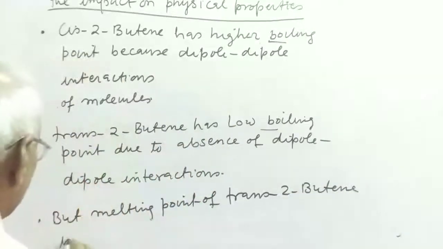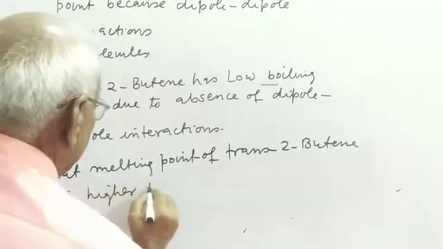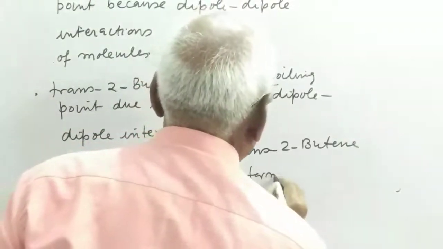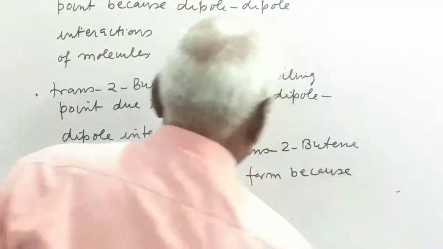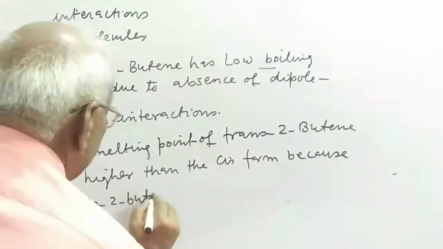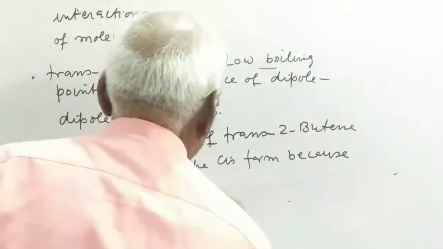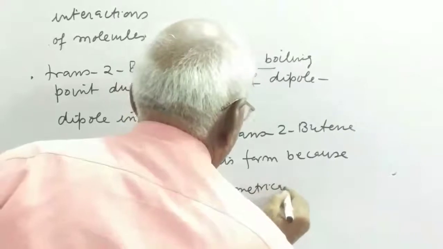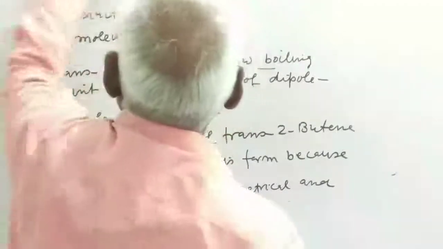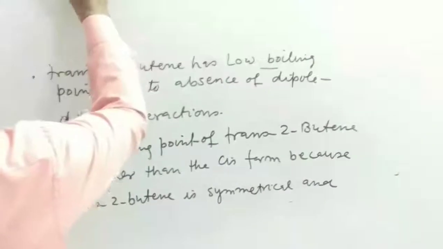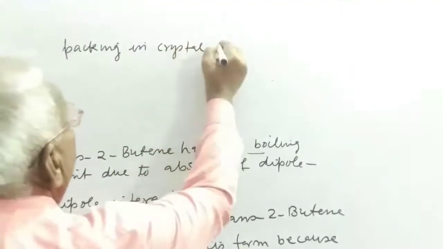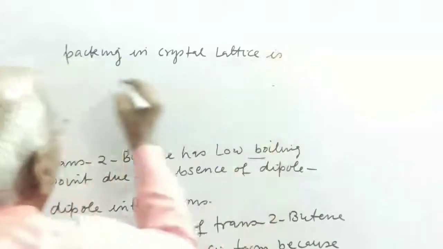Trans-2-butene is higher than the cis form because the trans form, trans-2-butene, is symmetrical and packing in crystal lattice is proper and rigid,